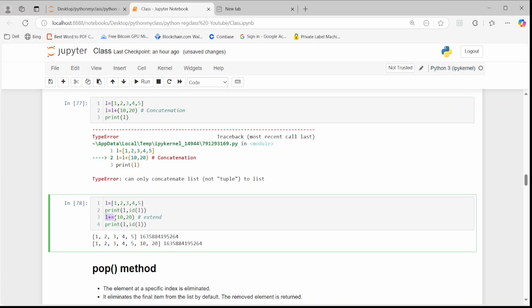Now here L plus equals, that means I'm going for the extend operation. I'm going for the extend operation, and here what I'm giving is an iterable. What is this iterable? It is a tuple. Here I'm giving a tuple, which is nothing but your iterable. Now in the case of the extend operation,